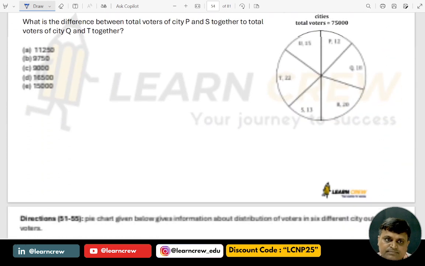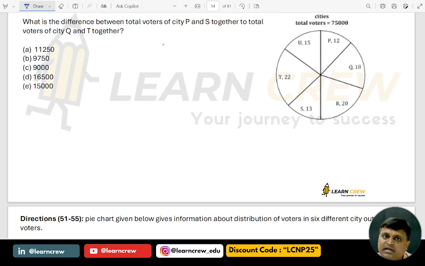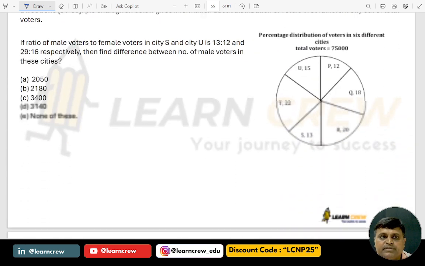3480. Next. What is the difference between the total voters of P and S together to total voters of Q and T? P and S how much? P and S it is 25%, and Q and T it is 18 plus 22, 40%. 40% minus 25%, it is 15%. 15% of 75,000, which is how much? 11,250. Next,